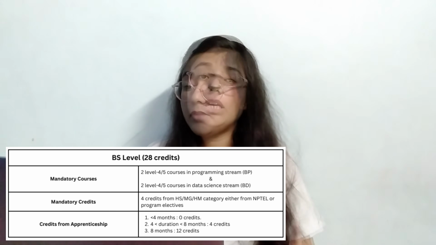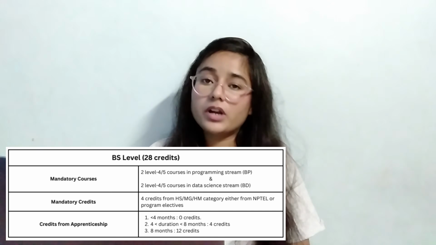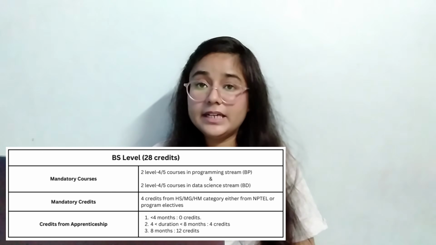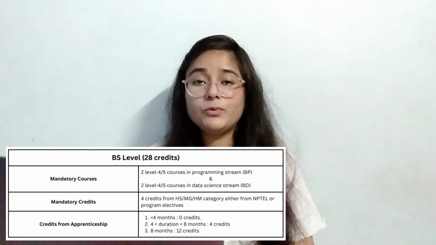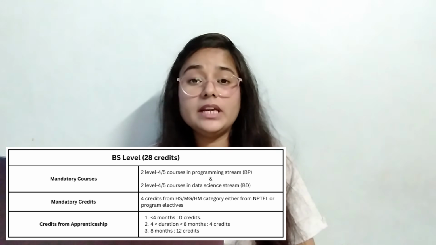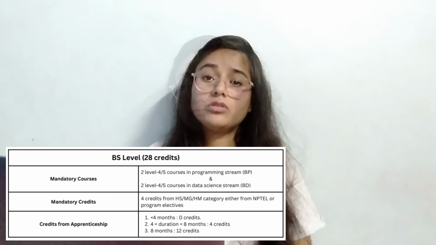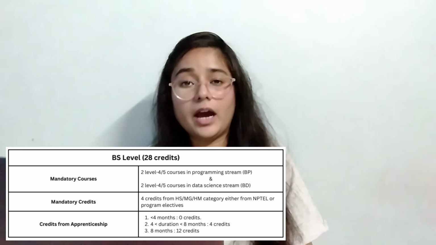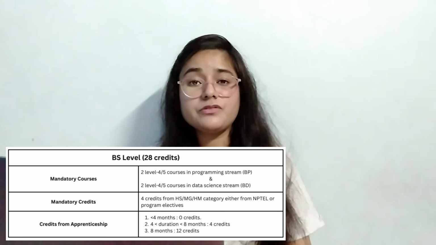level. There are a lot of things involved in taking NPTEL and your apprenticeship. Now, if I sum up the mandatory credits from the 4 and 5 level courses in BP and BD category and 4 credits from HSMG category, then these sum up to 20 credits. That means you only have 8 credits left to choose from your electives. For those 8 credits, you can either do the apprenticeship or you can do them from the other electives given